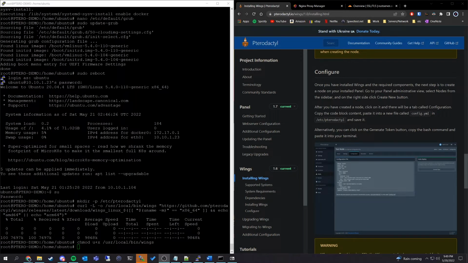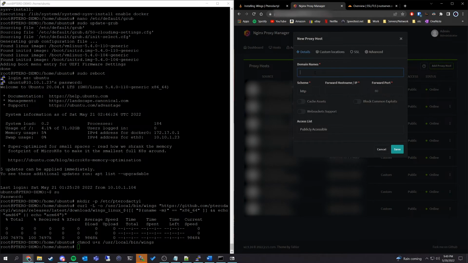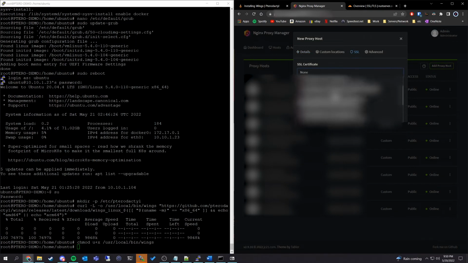Okay, and now that we have Wings installed, we're going to need to go ahead and add this node to the panel. So for that, we're going to want to go ahead and get the panel fully proxied and configured through Nginx Proxy Manager. So go ahead and head over there. We're going to create a proxy host, and the domain name in my case is panel.rustserver.org. The scheme is going to be HTTPS. And then it points to the local IP of your panel, so that's mine in my case, and it's port 443. You want to block common exploits, you want to make WebSockets supported, and apply your SSL certificate,